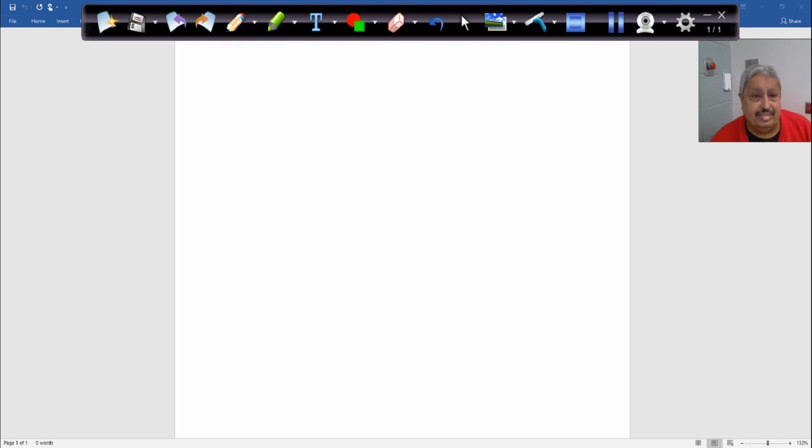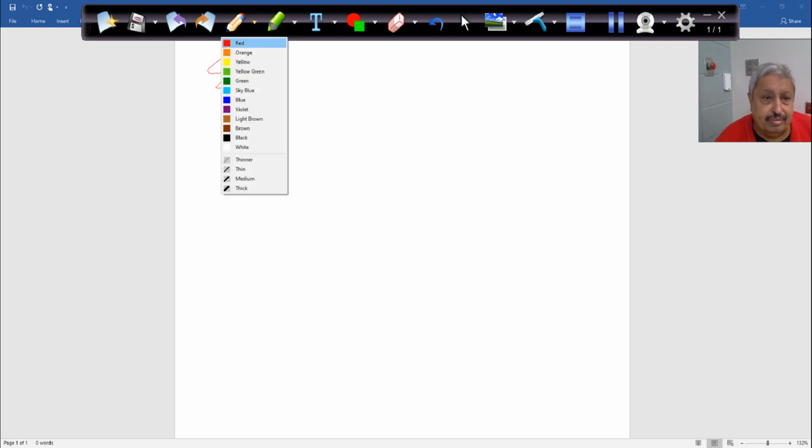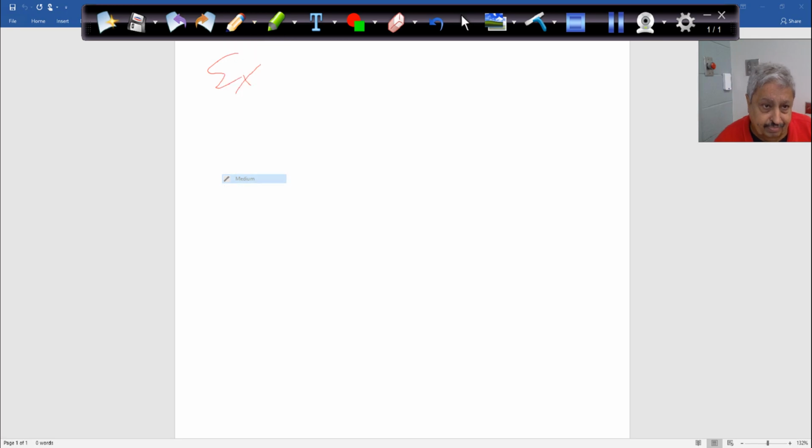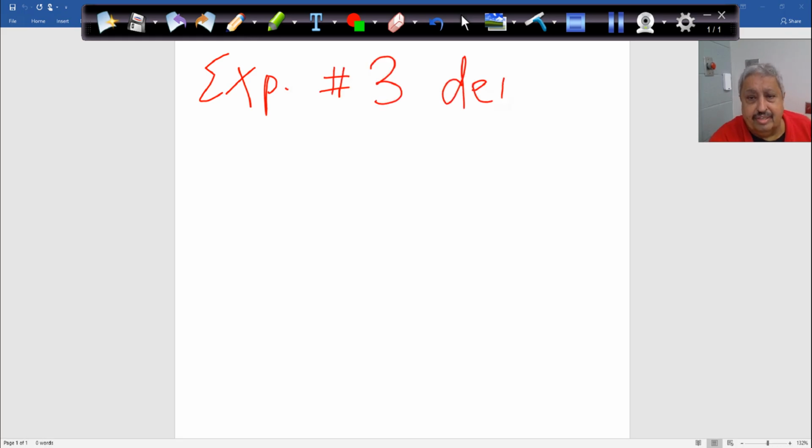This is density lab, experiment 3. Experiment number 3, density. This is a little bit different from the density we did last time with the measurement